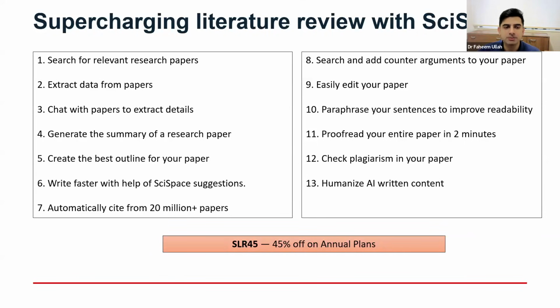You can generate summaries of the research papers. You can prepare the outline for your research paper. You can also write much faster with the suggestions from SciSpace that I showed you; it can help you a lot in writing as well. You can cite from around 20 million plus papers that they have in their database. You can search for counter arguments to your paper, edit your paper. You can paraphrase sentences, you can proofread your entire paper, you can check plagiarism, and lastly, you can humanize AI